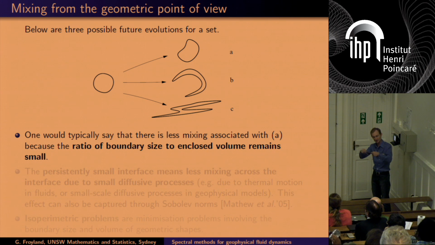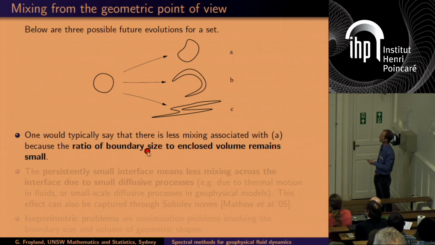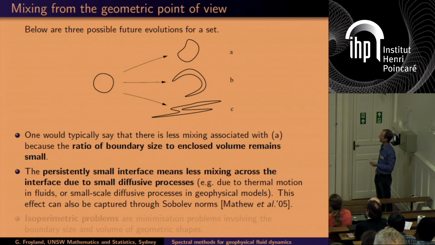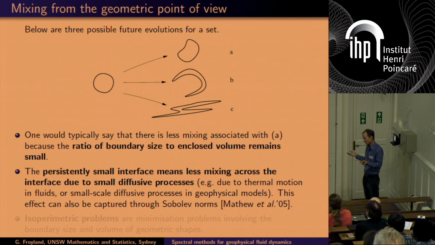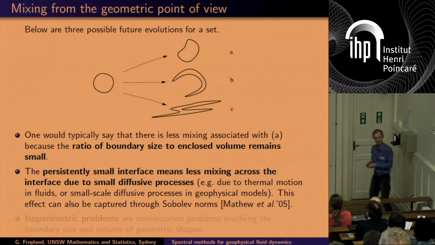You know, potentially they will later get mixed through the phase space. So mathematically what is going on here is the boundary size is getting long relative to the enclosed volume. And the boundary size is the interface. I mean, how does mixing occur? One view of how mixing occurs is you have some small background diffusion, and that background diffusion is pushing you in or out of some interface. And here the interface is the boundary of a set, and if that interface is getting long, then you have more opportunity for diffusion to kick you in or out of that set.